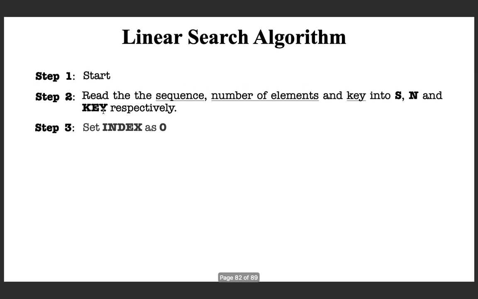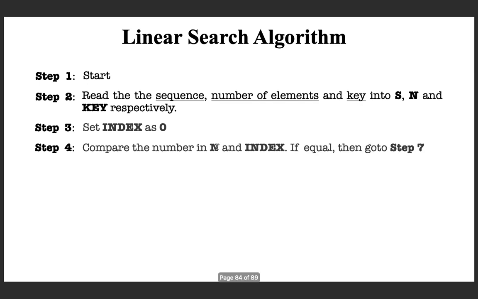So you read all 3. After that, we initialize the index to 0 and compare the index with n. Index will vary from 0 to n minus 1. When index becomes n, you can go to a later step.